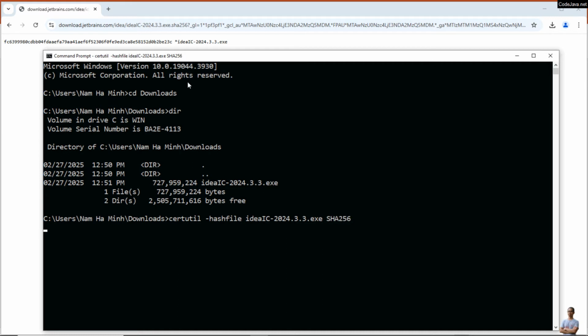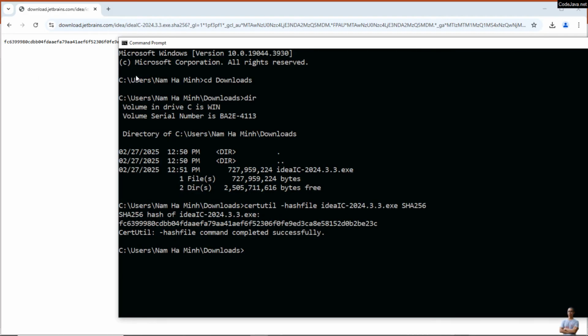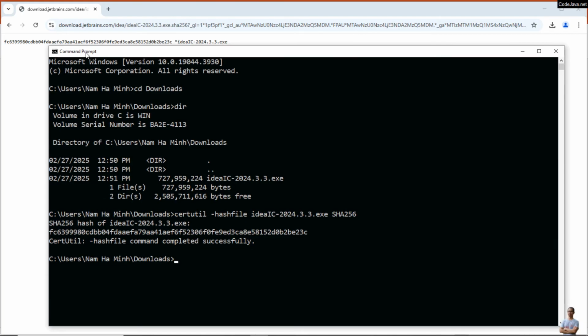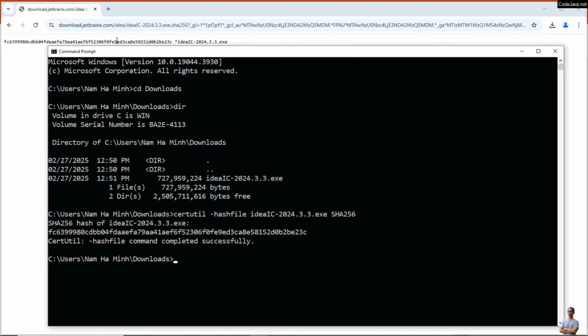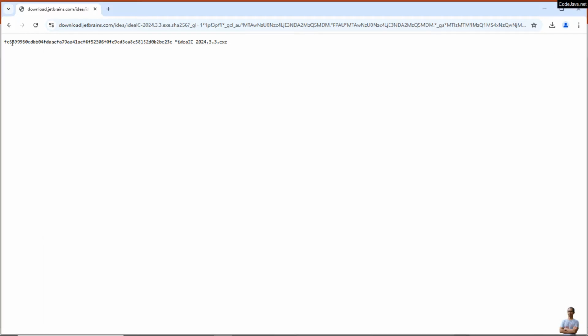Hit enter, and it prints the SHA-256 checksum of the specified file, and compare with the value published on the website here. If both are identical, that means I can safely open the installer. Okay, you see both are the same. That means I can safely run the installer